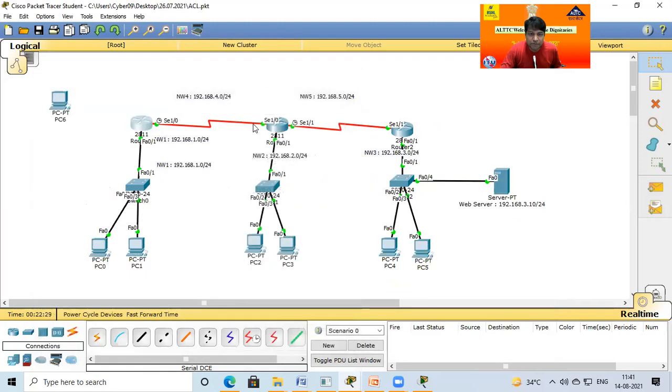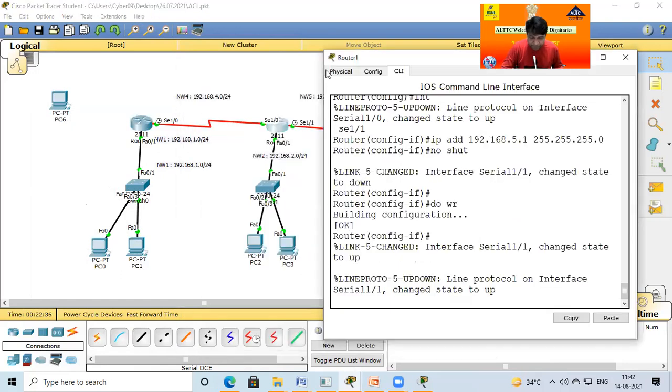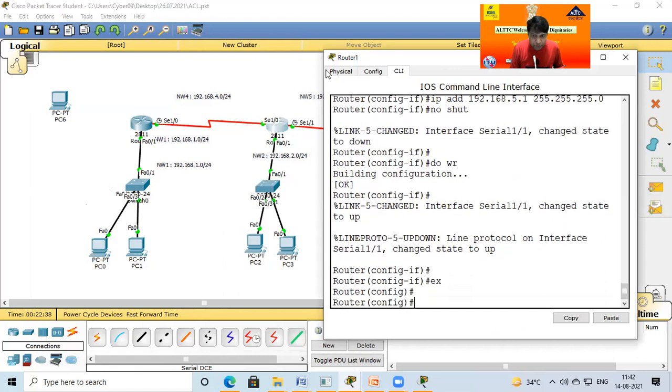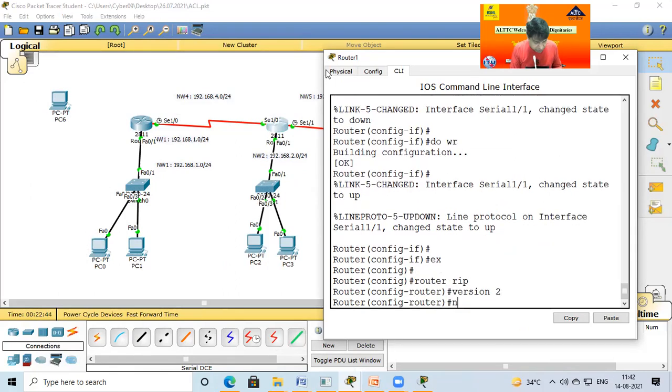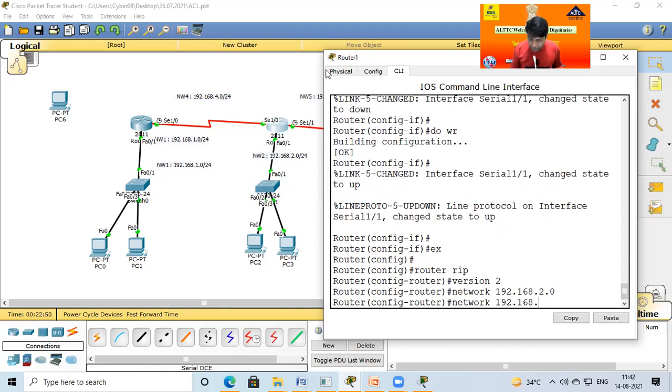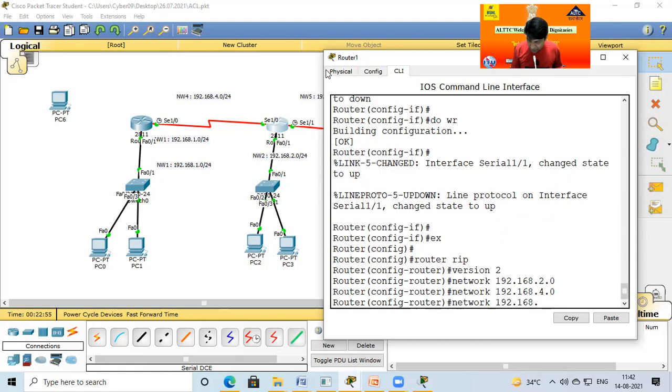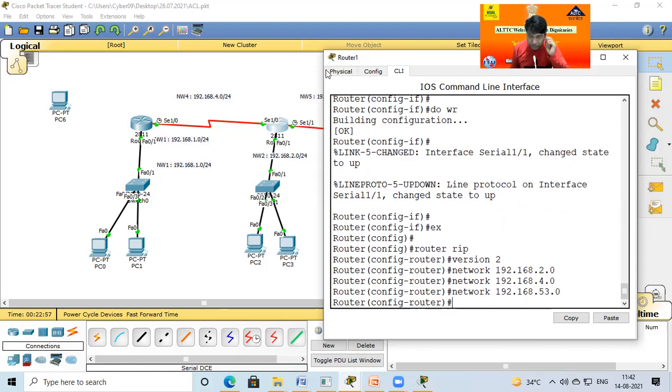And now go for the middle router. Here we have three networks: 2.0, 4.0, and 5.0. So now just press exit. First go to configuration mode. Just router RIP, version 2, network 192.168.2.0. Another network is 4.0, and another network is 5.0. Sorry. Again, here I wrongly put 53.0.